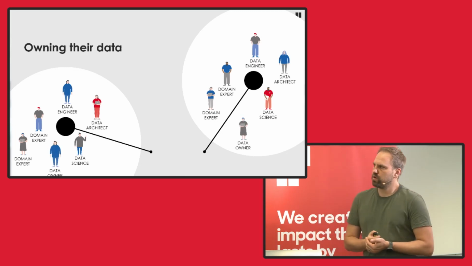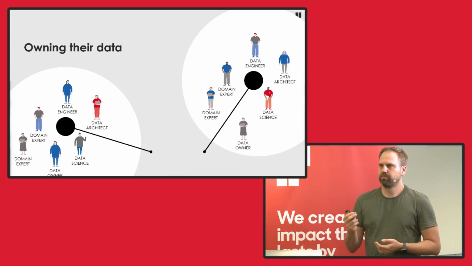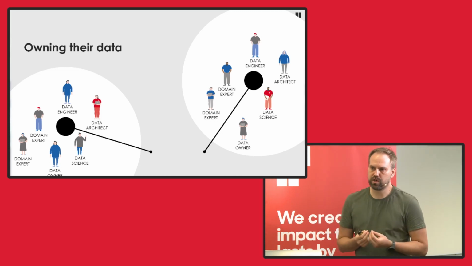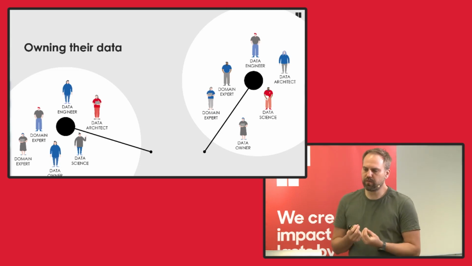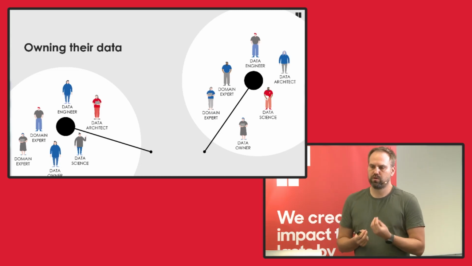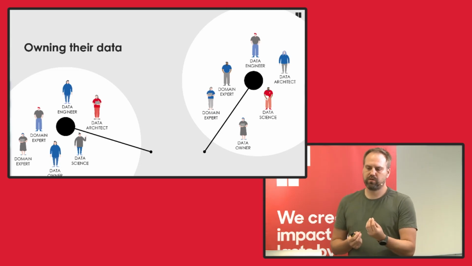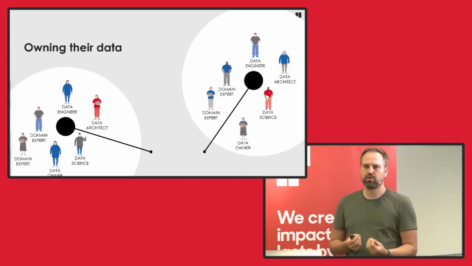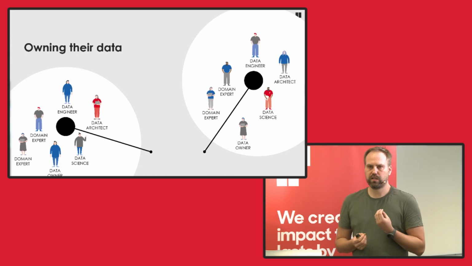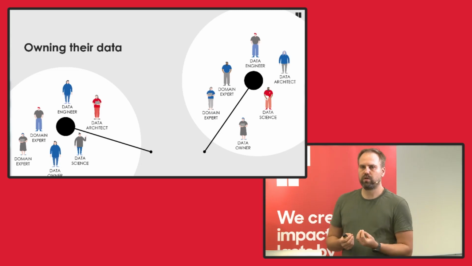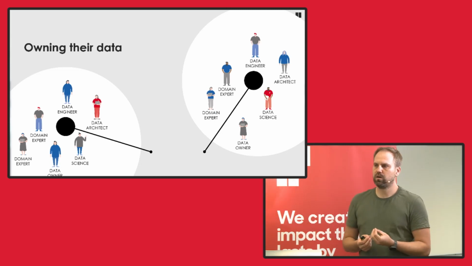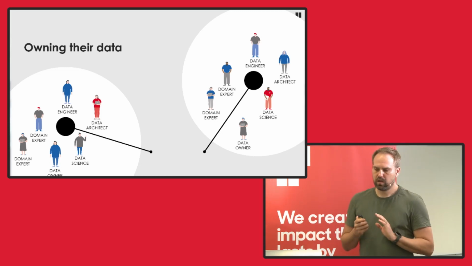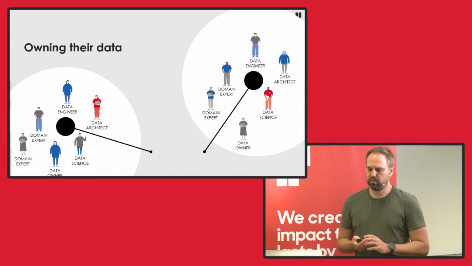And of course, one of the key things, which is very core to all of the principles, is the ownership. So you have to have the ownership very close to the source. That means that you have to have your own backlog. You have to be able to be in control of the data as a product that you're building. If you're not in control, it's not really your own, and then it's really hard to do that. We'll talk about the ownership a bit later, because we see it's really core to many of these.